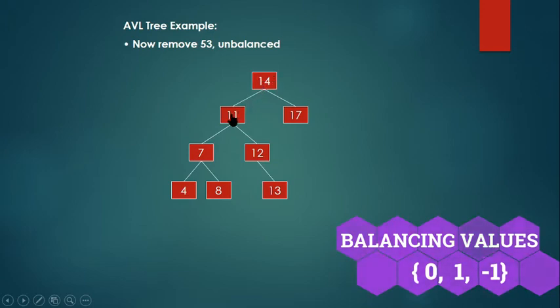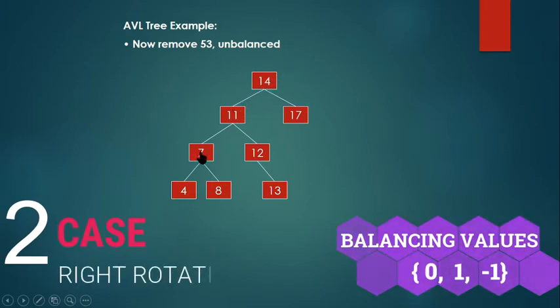If you take 14, 11, 12, you have to make two rotations, that is left, right, isn't it? That means you have to take a left rotation and then a right rotation. It takes two rotations. Instead of that, go for the easiest one. You can take 11, 7 and 4, this path. Okay. So 14, 11, 7. Since this is where we have the problem, here we get 3 minus 1, 2, minus 2 we are getting. So let me take 11, 7 instead of 11, 12. So 14, 11, 7. So it's all in the left side.